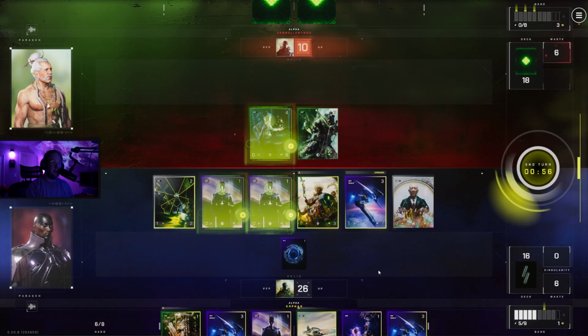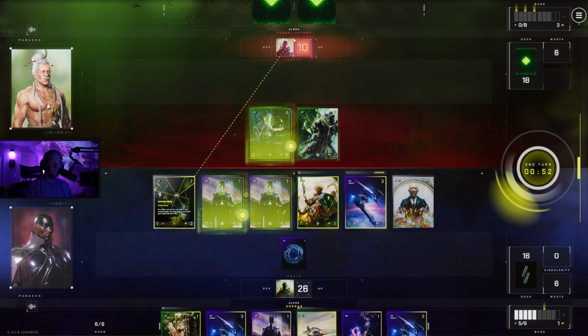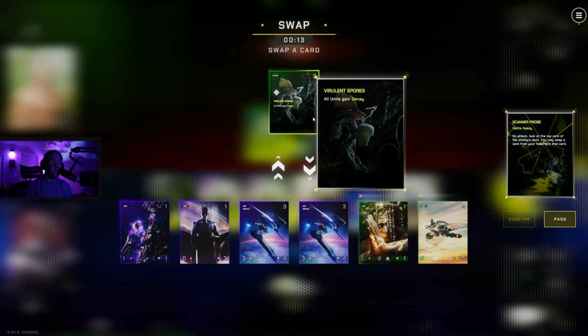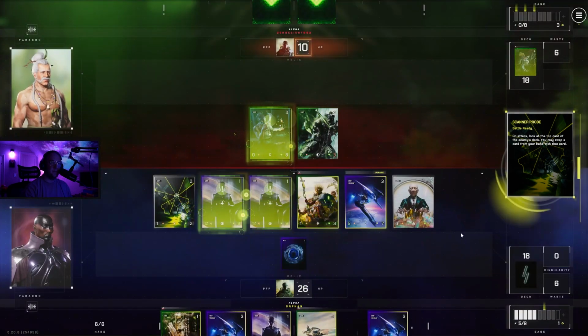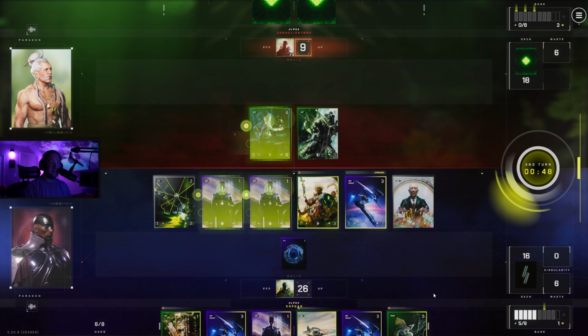I don't even care about banishing things anymore, really. Oh, fuck. Oh, he let it through? Huge misplay on my part, and then he let it through. I'm definitely taking this because I don't want him to play it on me. I don't know what he has in hand. Maybe he has the juice, but...